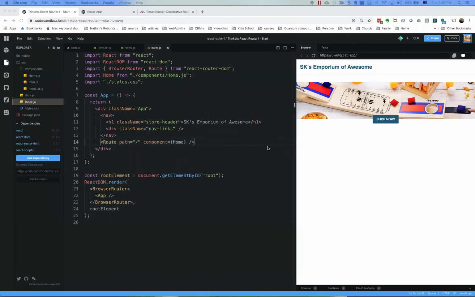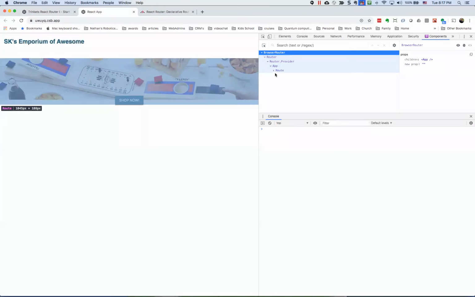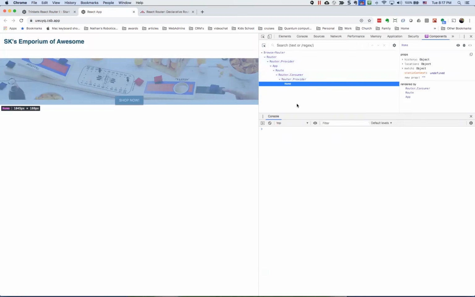So now that we have this in place, we can take a peek at our tools over here. And if we look at our app, it now has a child component. It itself is a Route with a consumer and a provider, and then we can see our Home component, okay? And remember,